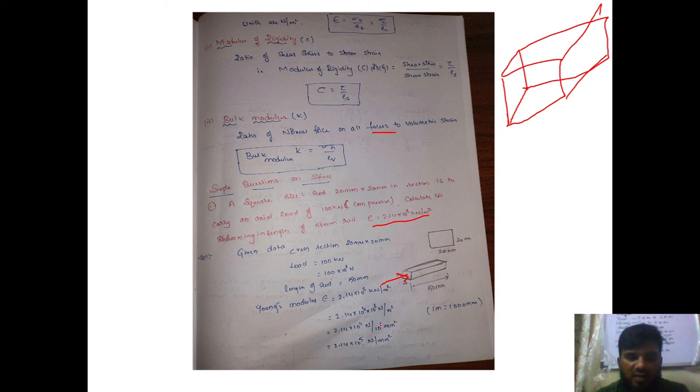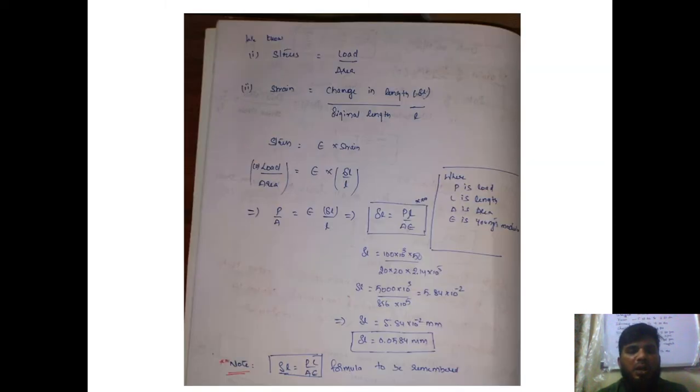So this is 11, this is 6. We already know from basic mathematics that if I take this number above, we subtract the powers. So the final unit will be 2.14 into 10 to the power of 5 Newton per millimeter square. Now we need to calculate the change in length. They have given Young's modulus and the basic dimensions, and they are telling us to find the change in length.